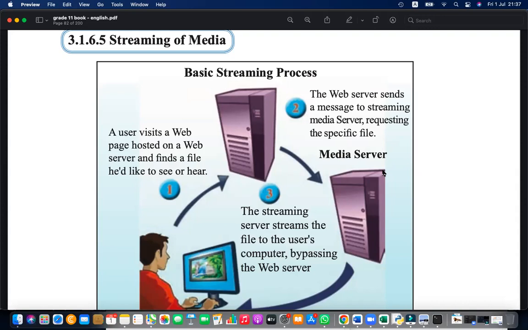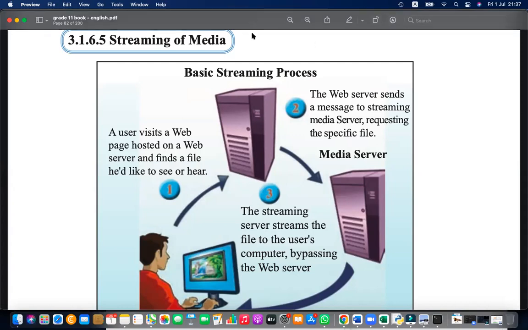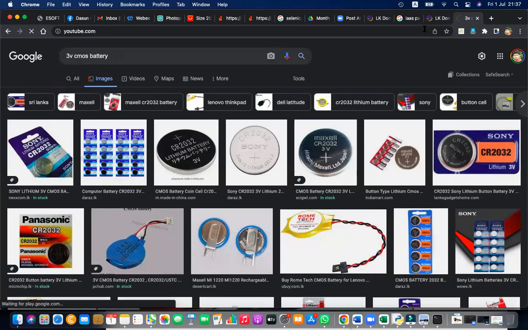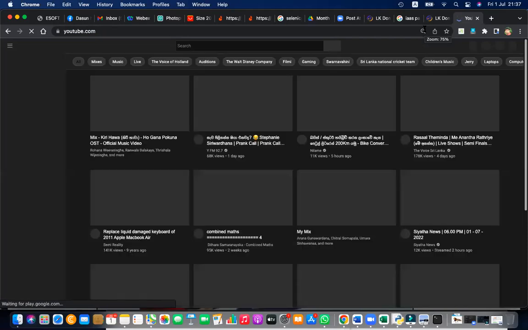But if you're streaming, like on YouTube, if you want to see a cricket match or a web channel, you don't want to download the entire thing. Instead of that, you can just request it, and the particular portion will come down. So for example, when you visit YouTube and want to watch a video there, just visit and let's request some video on YouTube.